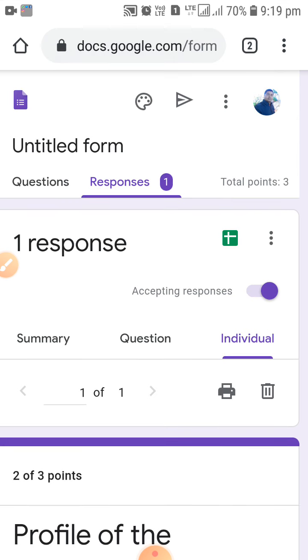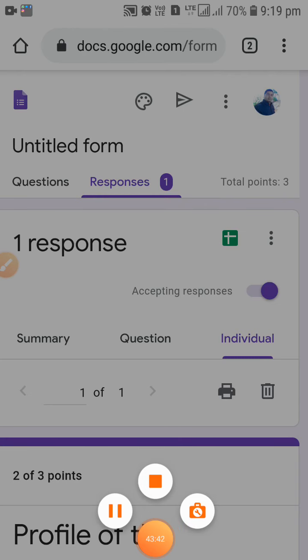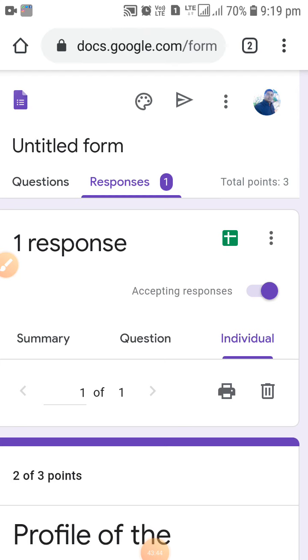So I think you must have learned how to create a Google form, how to check the responses, and you have seen that it is automatically checking the answers also. So you need not worry about how to check the answers. And you can send 5 or 10 questions to students daily so that they can practice and remember the important questions and answers. That is all, my dear friends.